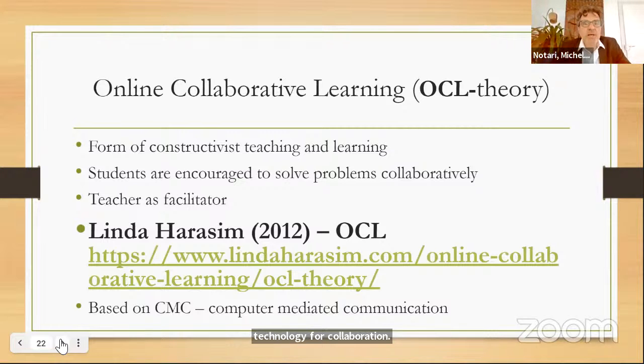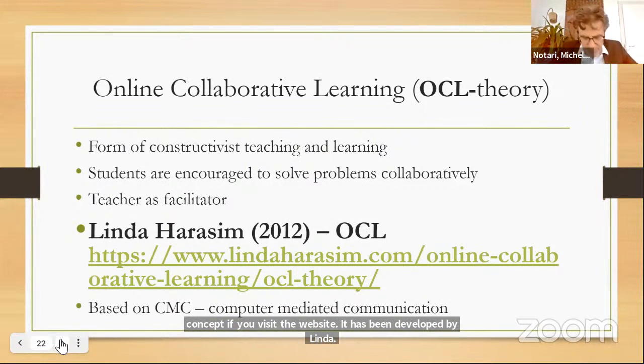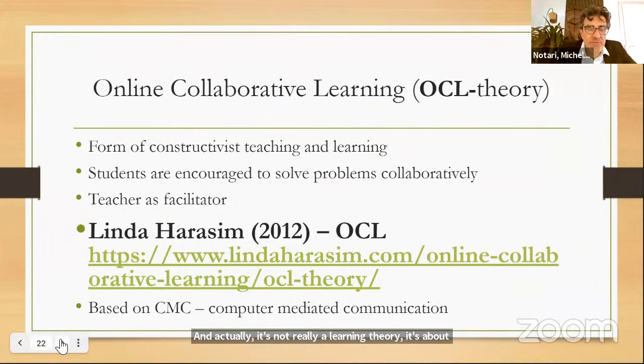There is one theory which is actually called online collaborative learning theory. There is also a total concept. If you visit the website, it has been developed by Linda Harasim, and actually it's not really a learning theory. It's about describing mechanisms and sort of do's and don'ts for online learning. It's not really comparable to a constructivist theory. This is a learning theory about how people understand how learning takes place. And I'm sure you're aware of this constructivist learning theory, but it's about really how online collaboration can bring an